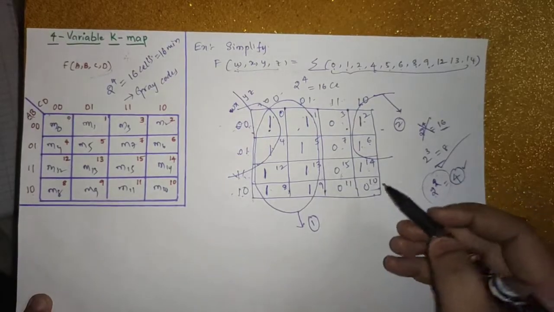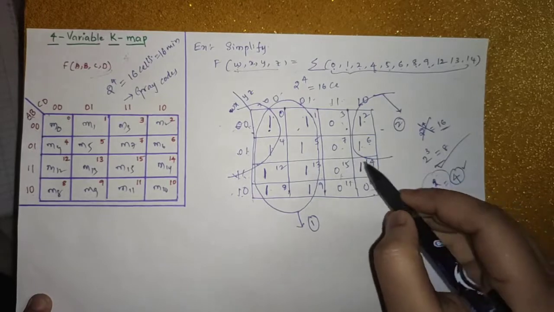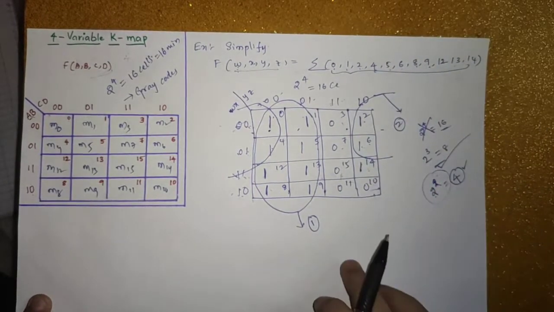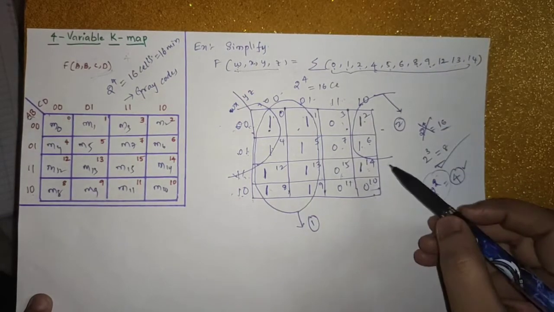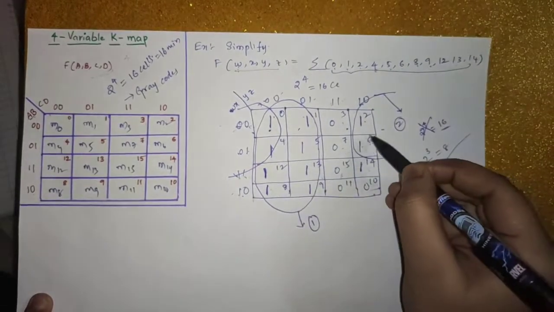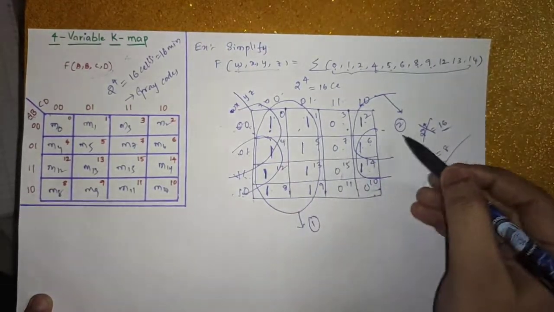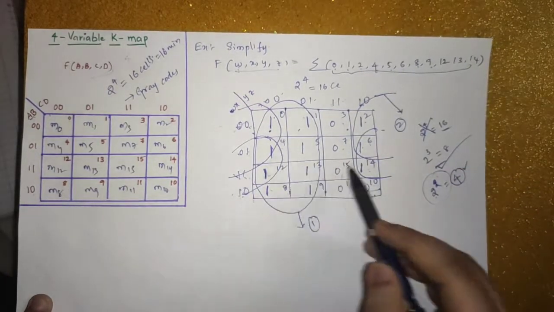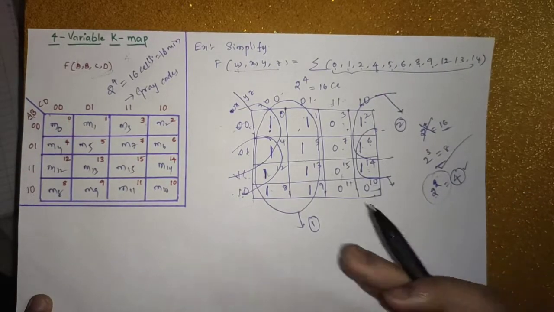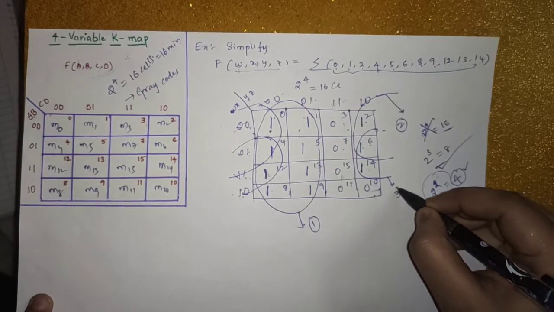And for another, we are left with this one only. Is there any possibility for this one to be paired in 4-1 pairing? To be paired in 4-1 pairing, yes, there is a possibility. This one and this one can be paired, so it is paired in 4 pairings, right? 4-1 pairings, so it is possible. Go for the maximum number of 1 pairings. Okay, let us name it as a third loop.